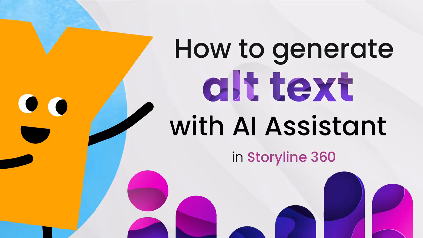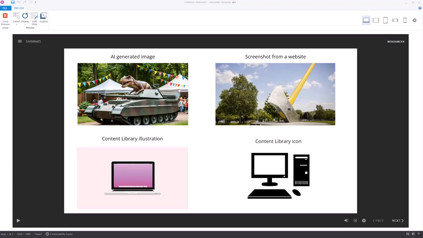One of the most important things you can do to make sure that your e-learning courses are accessible is to add alt text to the images that need it. And in this video, we'll show you how to use the AI assistant in Storyline 360 to automatically generate that alt text. On the screen right now, I have a Storyline file with a single slide that has 4 images